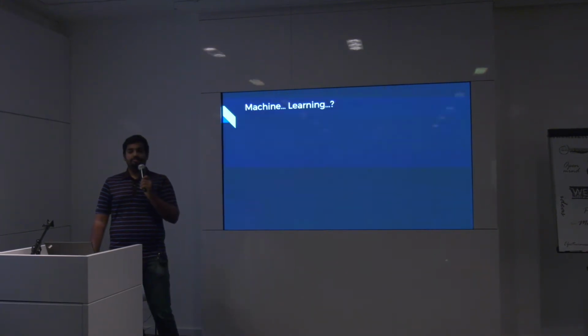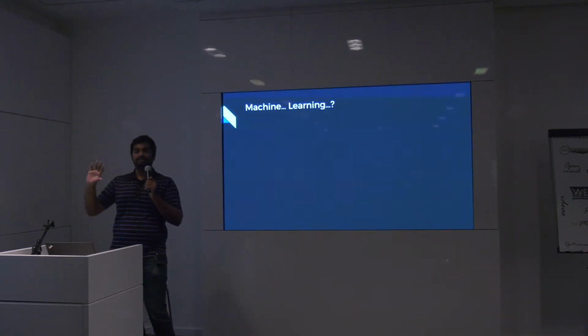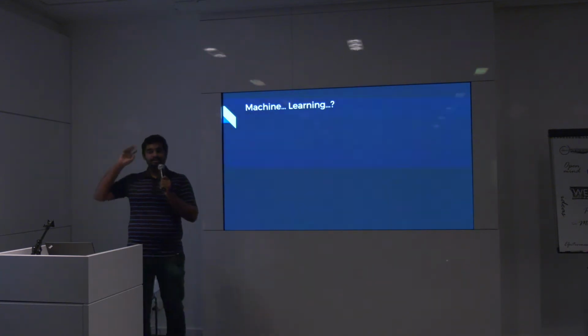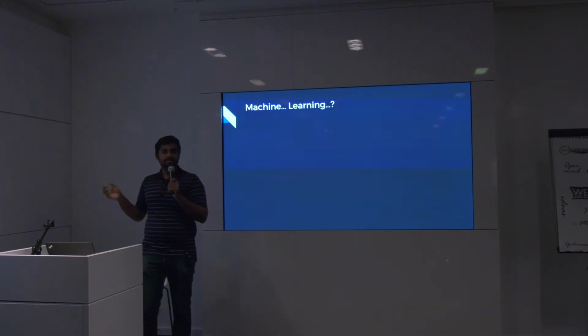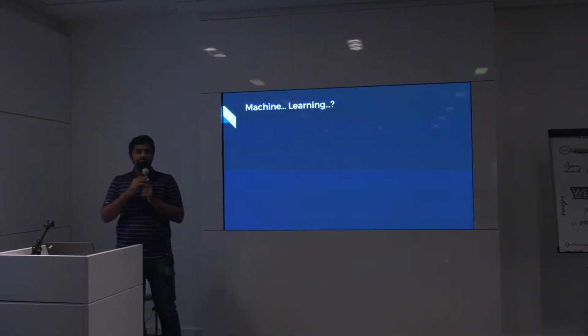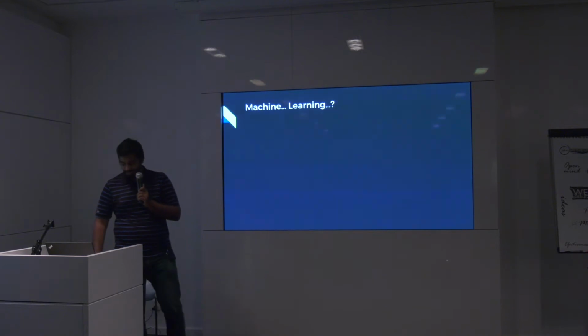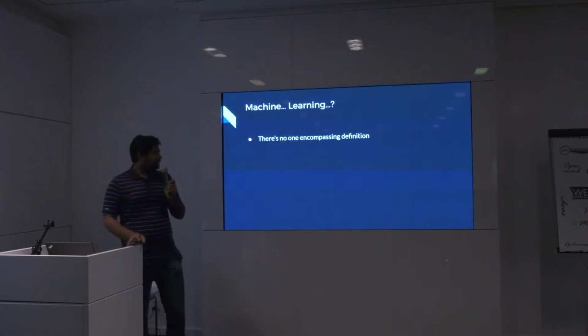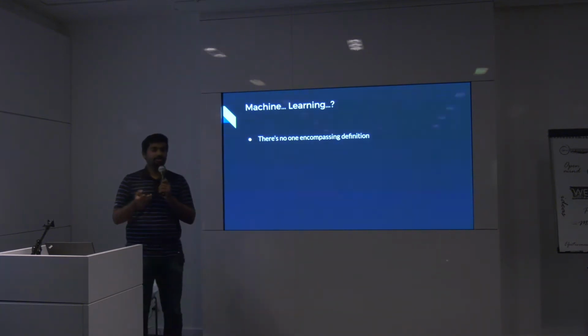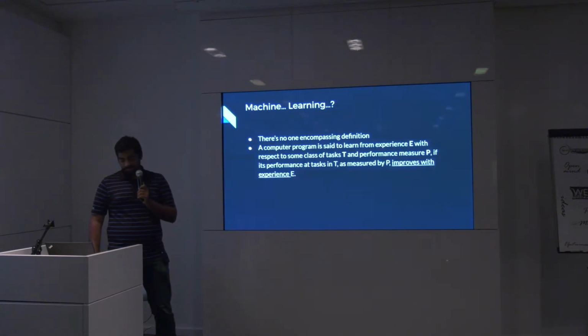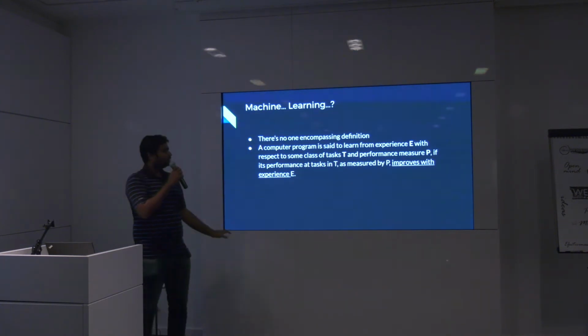So how many of you know a proper scientific definition of machine learning, not what you see in newspapers? Anyone? Right. What do you think machine learning is? Okay, so the problem is there's no one definition that everyone agrees on, like, when I say machine learning, this is what I mean. There's no one definition for that. But this is from Tom Mitchell. He's the head of machine learning at Carnegie Mellon University. So it goes like this.